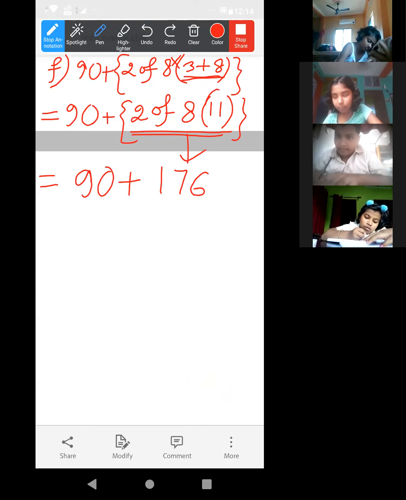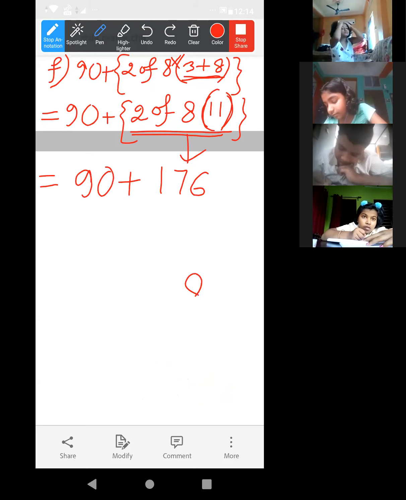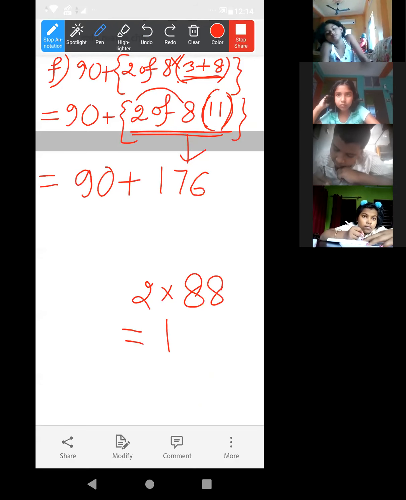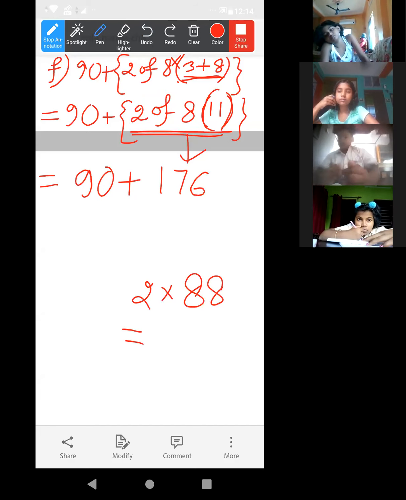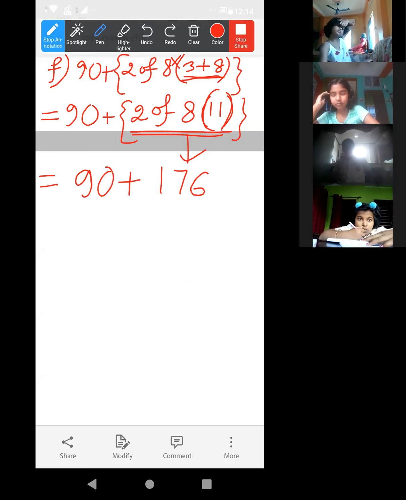Understood? So here it is bracket. Ultimately the answer will be the same. 11 is 88. Then of means again into 2, which means 176. Suppose we are taking first of, as these are in the second bracket and all actually are in the form of multiplication. Yes, Tom? Got it? Yes or no, partially? Okay, so directly I am writing. No issue, Tom. Now just do the addition.